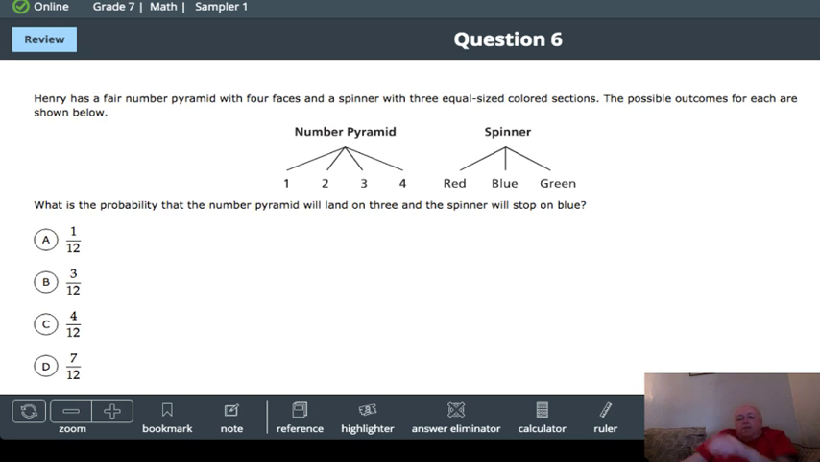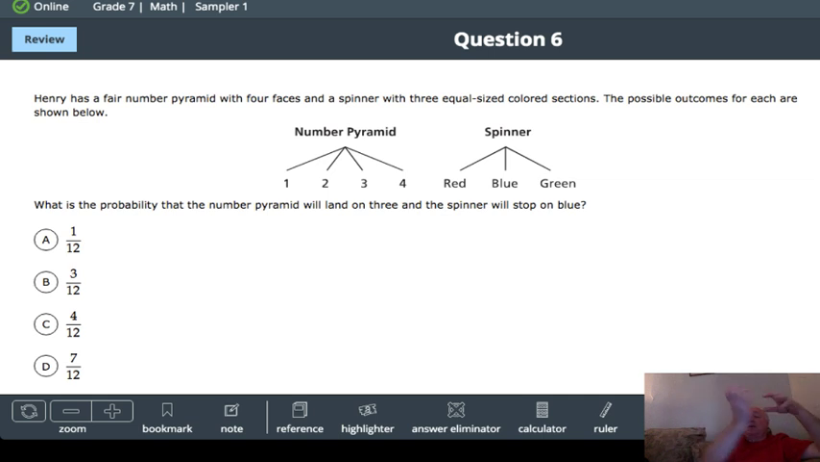Okay, question number 6 deals with probability and statistics, that section of things. So if we just look at the chart, it says we have a number pyramid and we have a spinner. The spinner apparently has 3 colors, and the number pyramid apparently has 4 numbers. Okay, what a number pyramid basically is, think of a dice, a cube, where you roll it and it has from 1 to 6 on it, and you toss it about. So imagine instead of having 6 sides, it only has 4